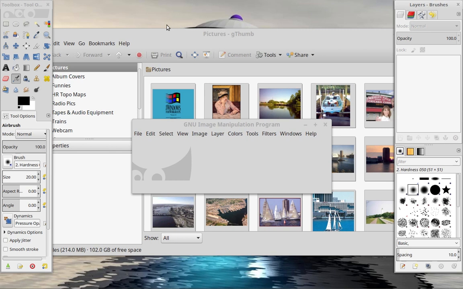So even if you're currently running Windows or Mac, you can download GIMP and install it on your machine, and you'll probably be quite amazed at how powerful it is. So even before you install Linux, you can start using GIMP and play around with it. And it's the same thing with Audacity. That runs very happily on all different platforms as a basic audio editor, so you can start getting the hang of that as well.